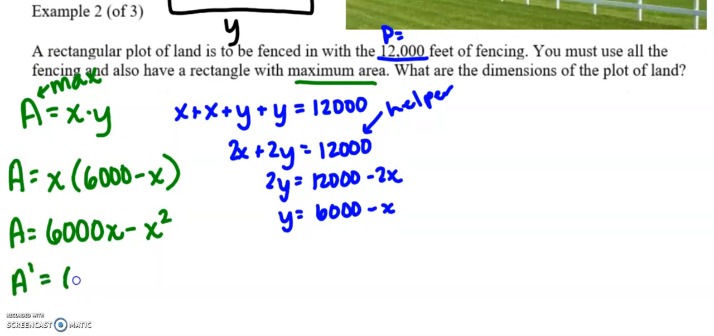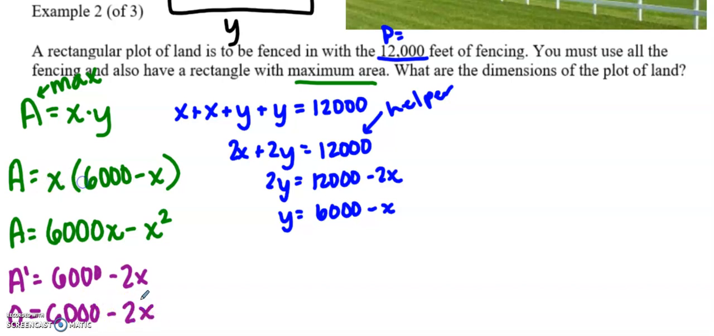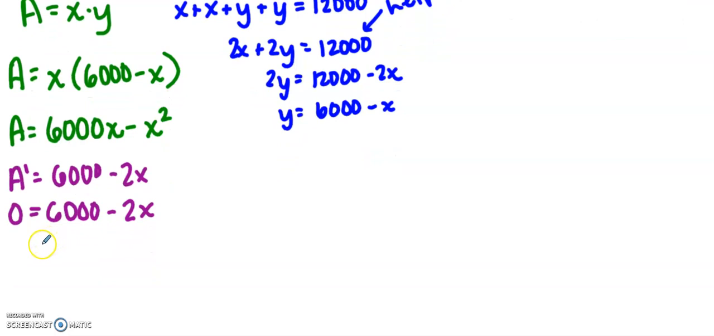A prime is going to be 6,000 minus 2x. I'm going to set that equal to 0 and also consider where that would be undefined. I should have mentioned that in the first one. But because this is just a linear function, we won't ever be undefined. X is going to be equal to 3,000. And again, I could do a number line, and I could think of my reasonable fencing, right? 0 to 6,000, because I have to have two sides. So it would be a situation of fencing being completely right next to each other, making two lines rather than